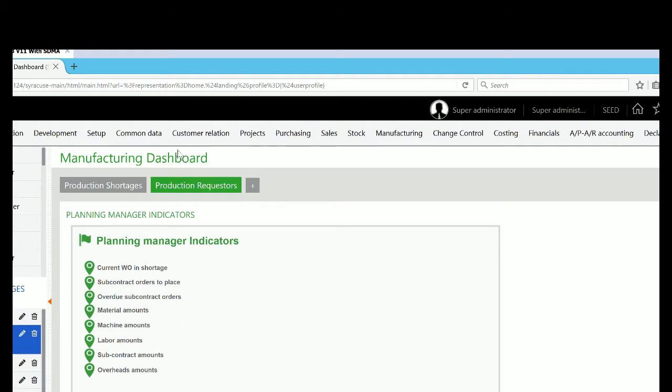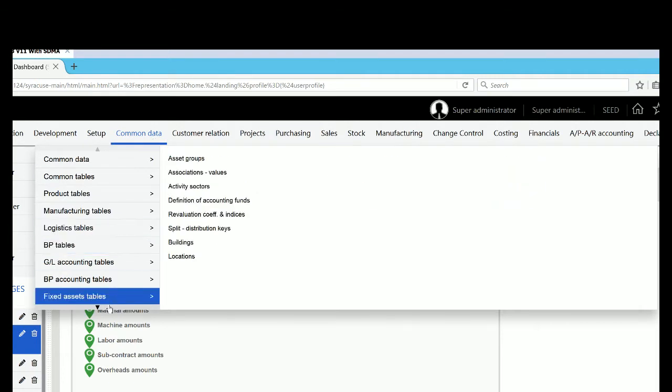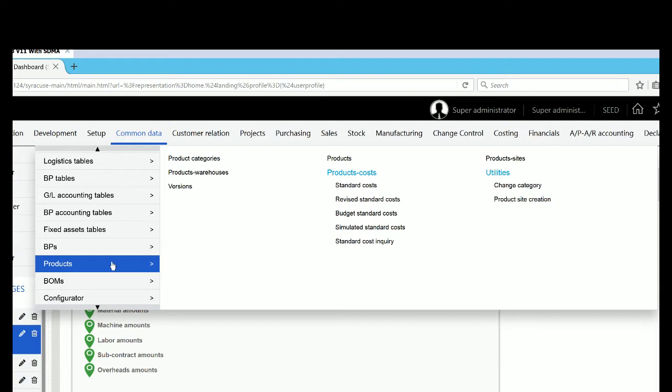In X3, if you've worked with the system for a while, you'll know that along with the product master files, there's the concept of the product site record. So when one establishes standard cost, it's the standard cost for each stocking facility that the product is kept at. So in the system here, if I come under my common data and go to products, then over to product sites,